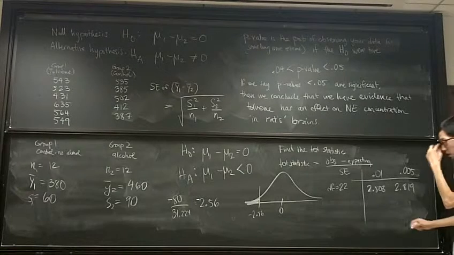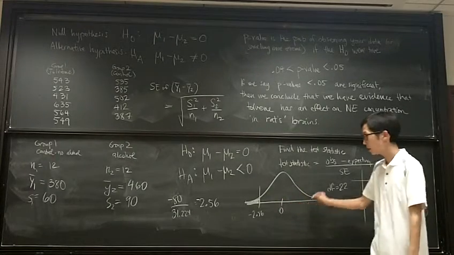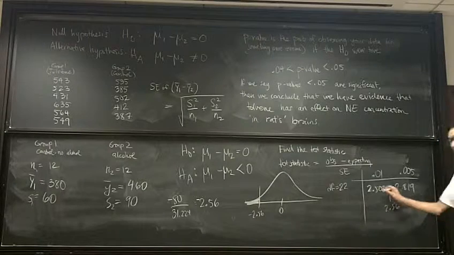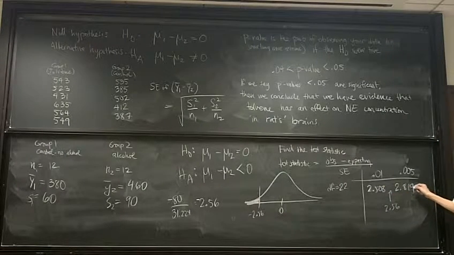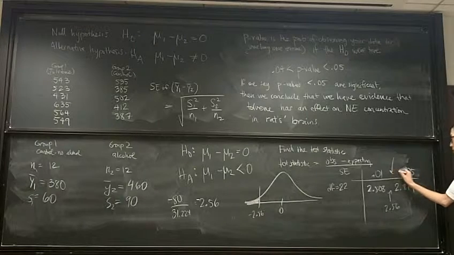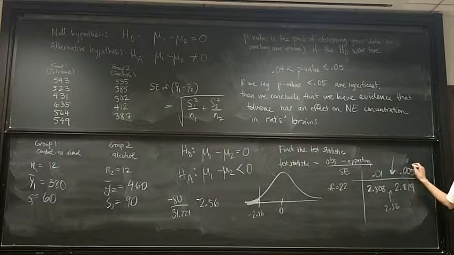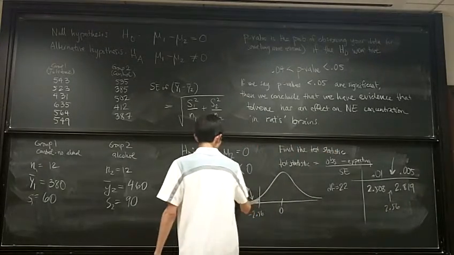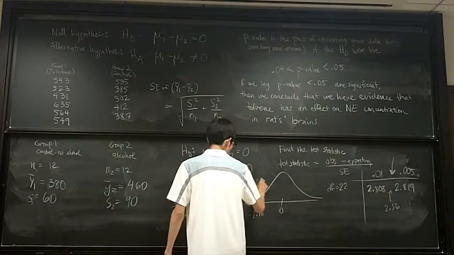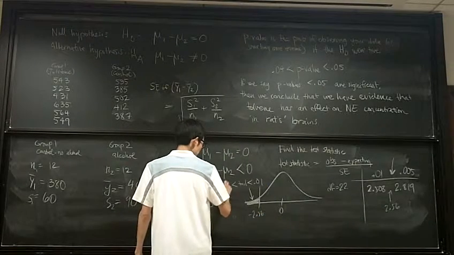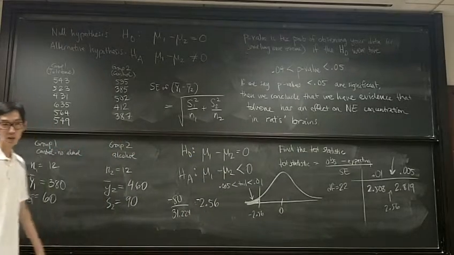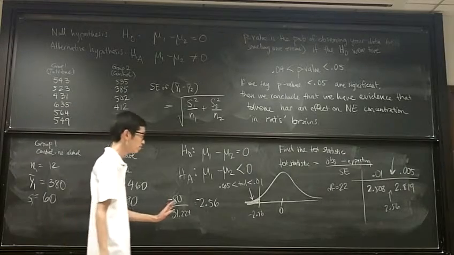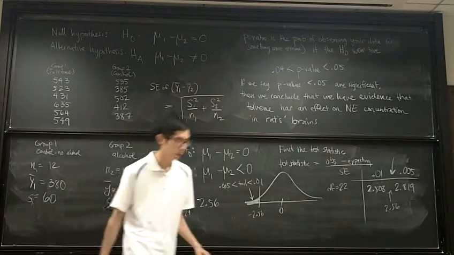And so, again, we don't know exactly how much is beyond 2.56. 2.56 is somewhere in between 2.508 and 2.819. So we don't know exactly how much is beyond there, but whatever that number is, it's going to be between 0.005 and 0.01. So the amount over here, the tail, is between 0.005 and 0.01. An exact number we don't know, but it's between half of 1% and 1%. That's a probability